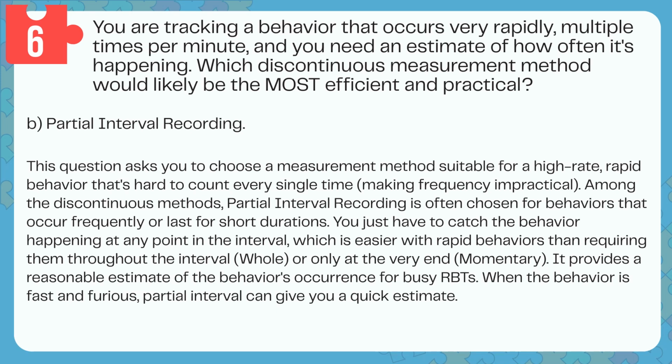Answer: B. Partial interval recording. This question asks you to choose a measurement method suitable for a high-rate rapid behavior that's hard to count every single time, making frequency impractical. Among the discontinuous methods, partial interval recording is often chosen for behaviors that occur frequently or last for short durations. You just have to catch the behavior happening at any point in the interval, which is easier with rapid behaviors